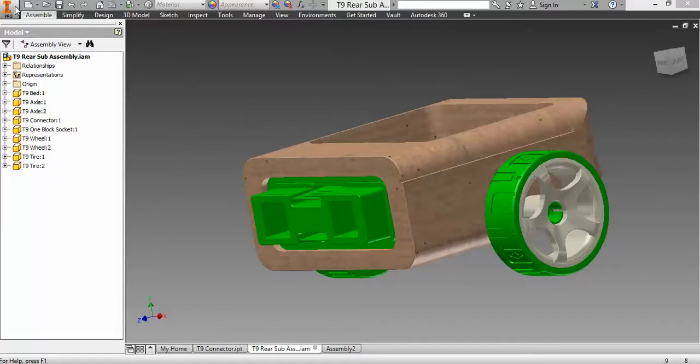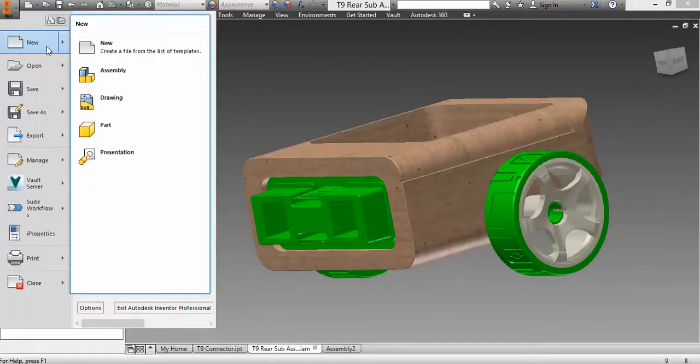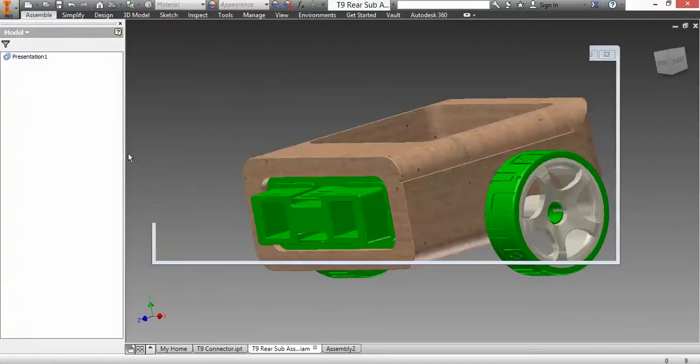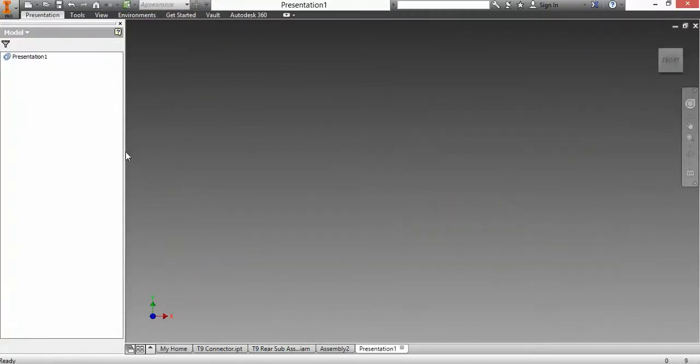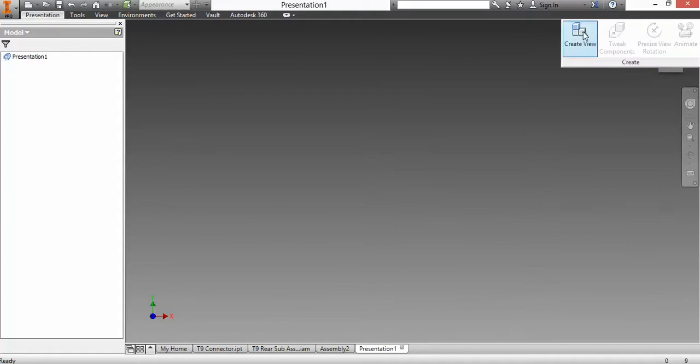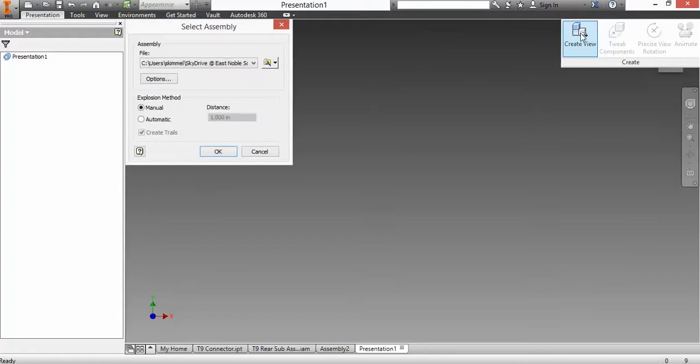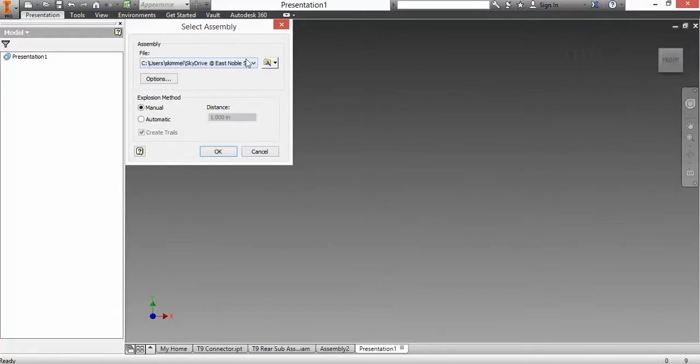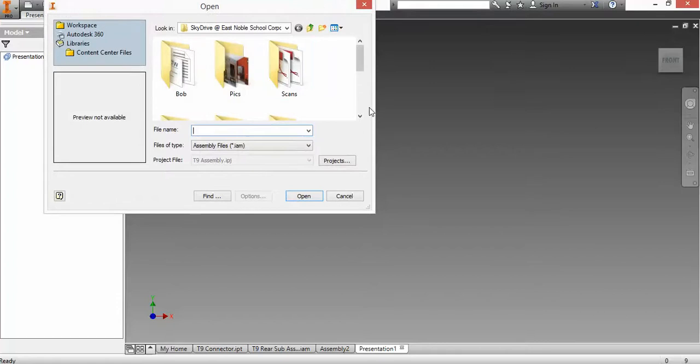So the first thing you're going to do is go up here to New, and we're going to go down here to this presentation. Alright, so we're going to go to presentation. And once I'm in presentation, I've got to click on create view and select assembly. Alright, what you're going to do then is go into here and